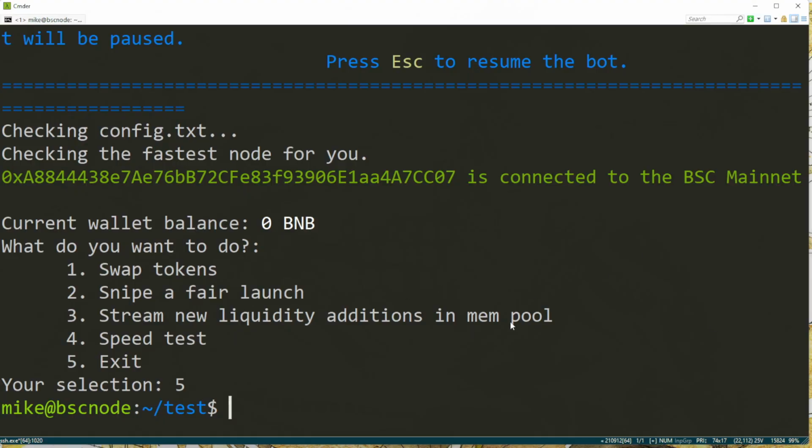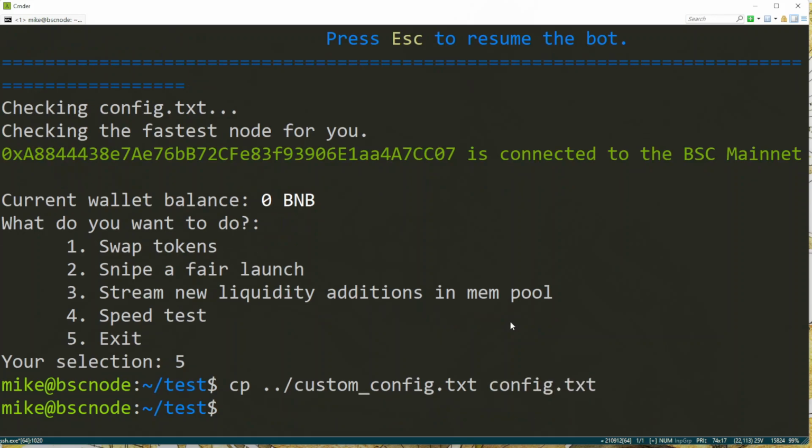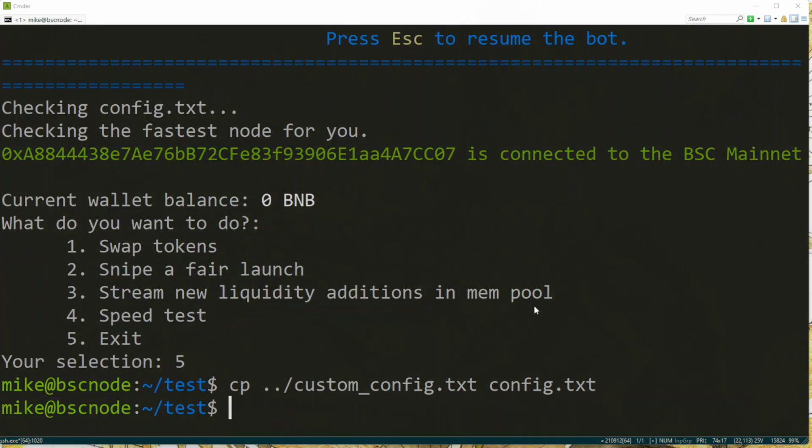So what I'll do is, I have a custom RPC config file over there. The only thing I've changed in the config text is I've added this particular line.